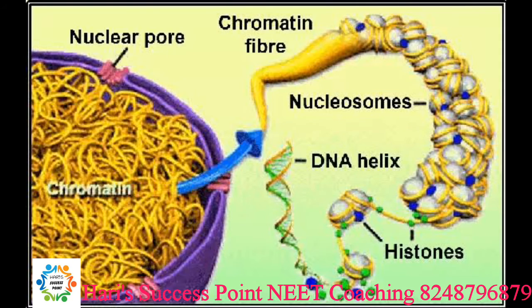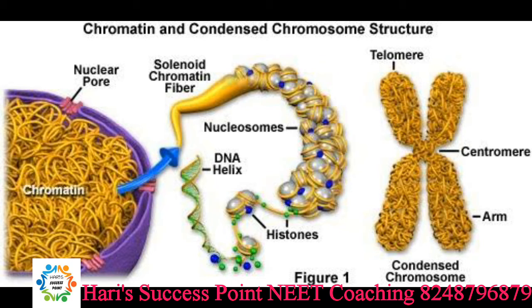Consider the interphase nucleus, that means a nucleus of a cell which is not in a dividing condition. In the interphase nucleus, the chromosomes exist in the form of a tangled network of long, thin and interlacing filaments called chromatin reticulum. Reticulum means a network, and chromatin is related to chromosome. During cell division, the chromatin reticulum condenses to form the chromosome.